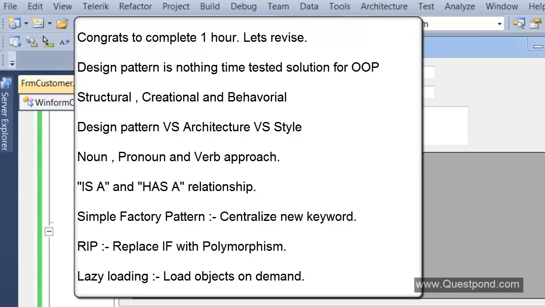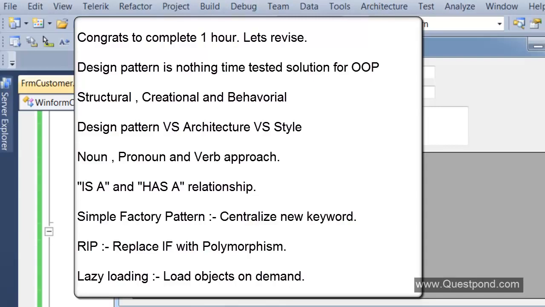After that, we went ahead and we created the UI. So we created the classes and properties, we created the UI. Then we said that we are having problems with the new customer type. So we said that if new customer types get added, then we have to make changes all over. So we went ahead and we created the simple factory class. The simple factory class is nothing but it actually collects all the new keyword into a centralized location.